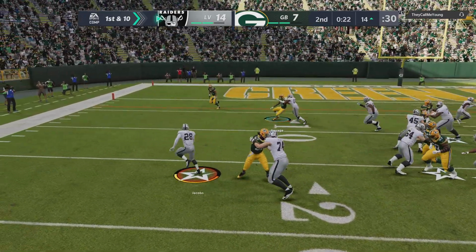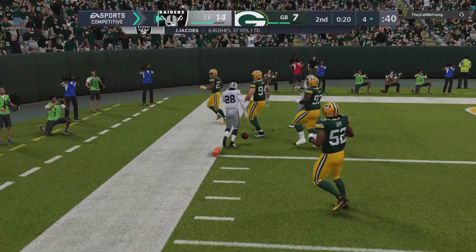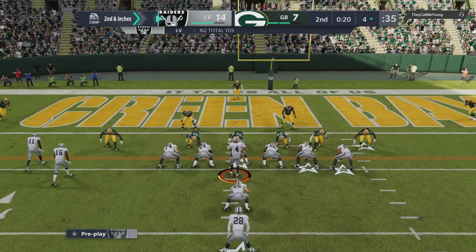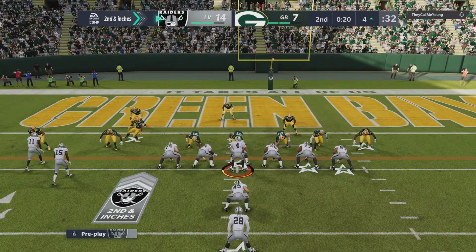They run it with Jacobs. Shrugs the tackle. Nice. And he's down inside the 5 at the 4 before he's out of bounds. Give him 10 yards on the pickup, and it'll be second and very short. The Packers 4-yard